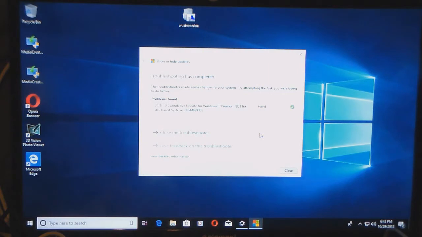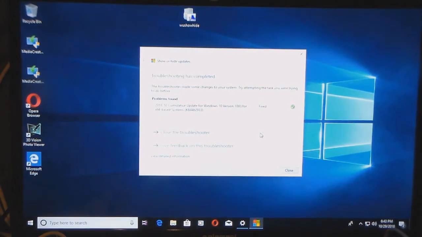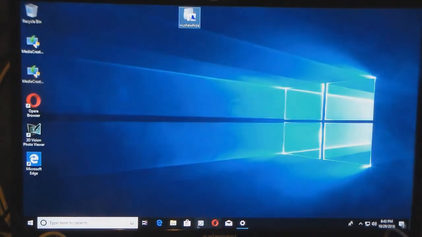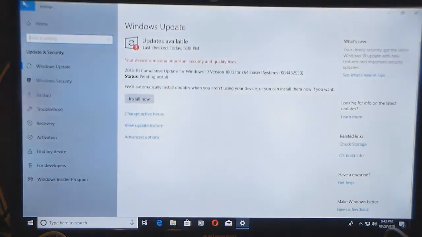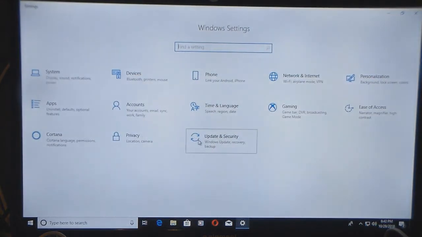So basically I just hit it and it fixed it. So now, if I exit out of here, go back into it,